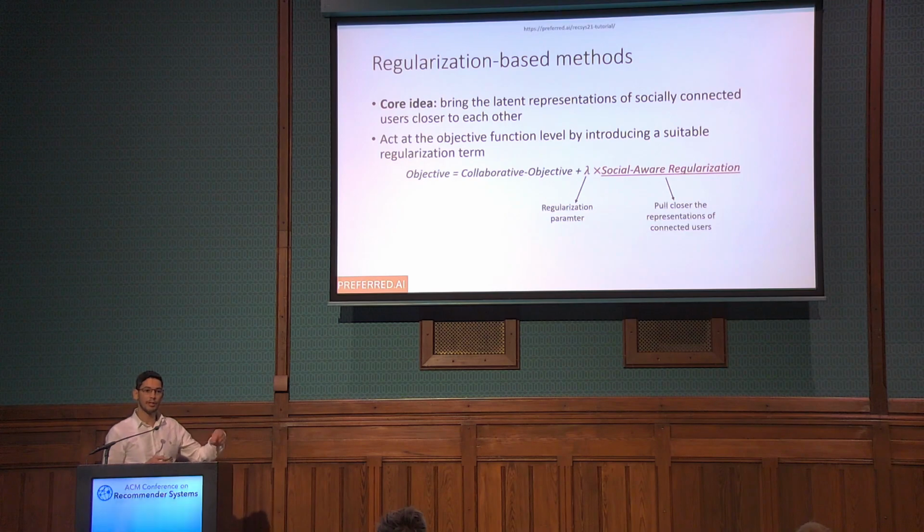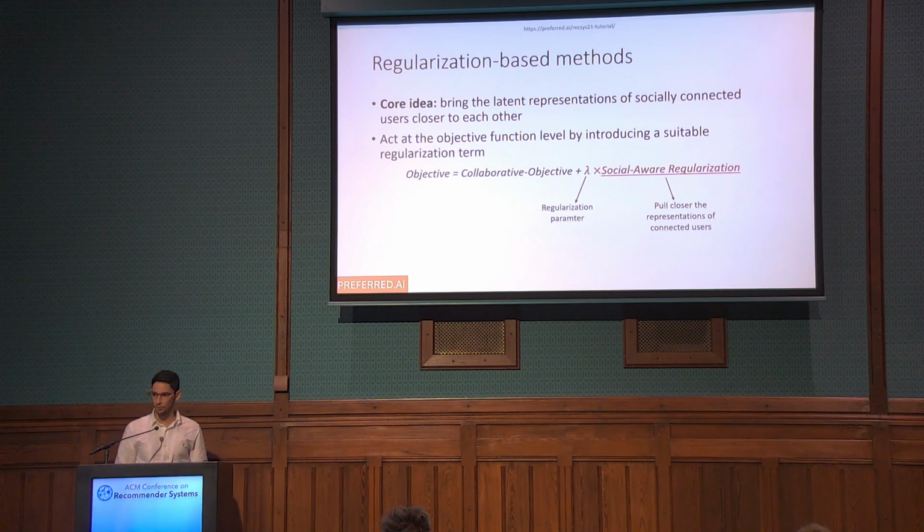You just need to retrain your model and change your objective function when you retrain the model to integrate this regularization. So the advantage is that you don't have to do anything at the architecture level of the model. And it can also be a fast way to test if some information can help or not. If you want to know if your social information can boost your recommender model without changing it, maybe you can consider using this family first before considering using maybe a model whose architecture is more suitable for learning